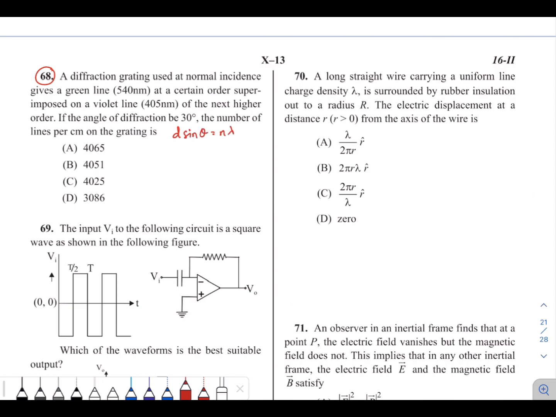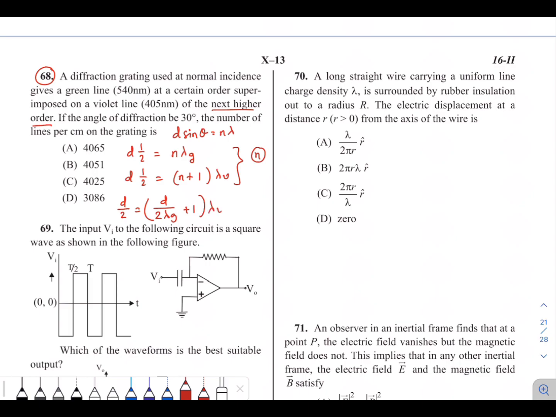So for the green line we have d sin 30 degrees, that is d by 2, equal to n lambda g, and for the violet line we have d sin 30 degrees, that is d by 2, equal to n plus 1 times lambda v. The n plus 1 is because of the next higher order. From these two equations we have to eliminate n. So from the last equation we write d by 2 is equal to, and now we replace n by d by 2 lambda g,